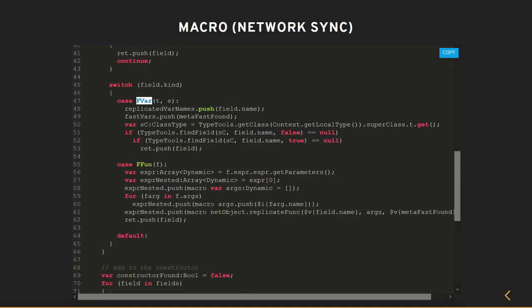For every case, it tries to see if this thing matches this type, and if it does, it also populates your T and E with whatever the constructor of this type is.